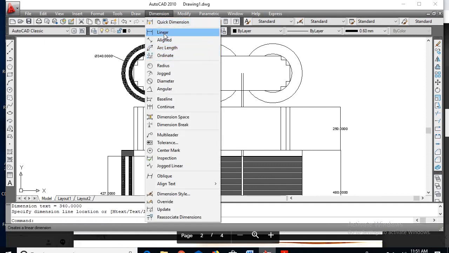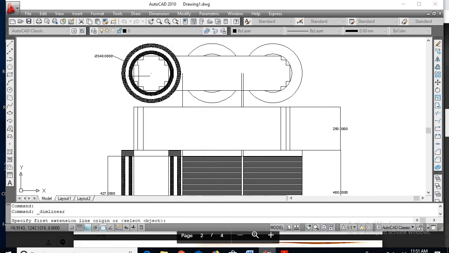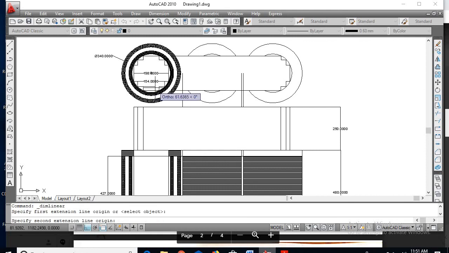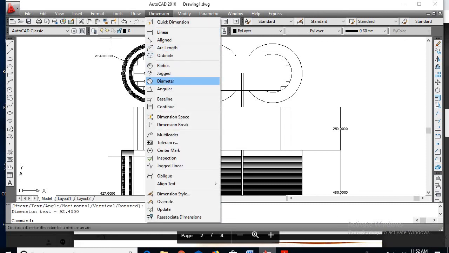Next, linear, width of the largest stamping is 198. It's linear, width of the middle stamping 154. Next, width of the smallest stamping 92.4. Next, dimension, diameter.